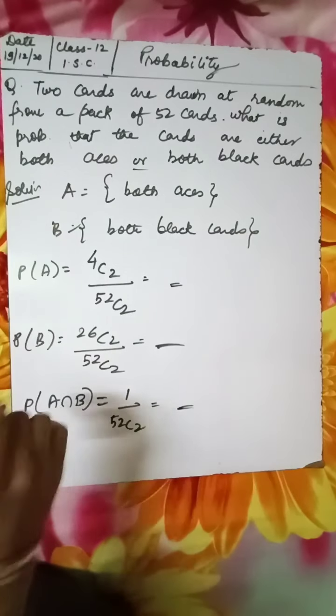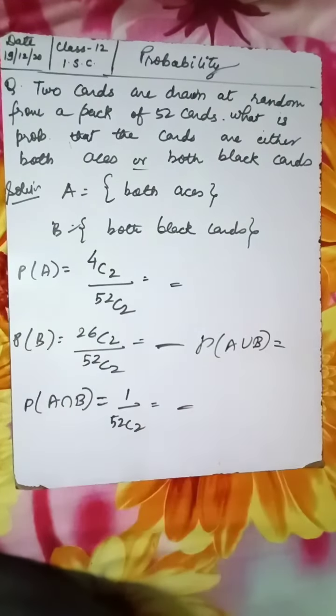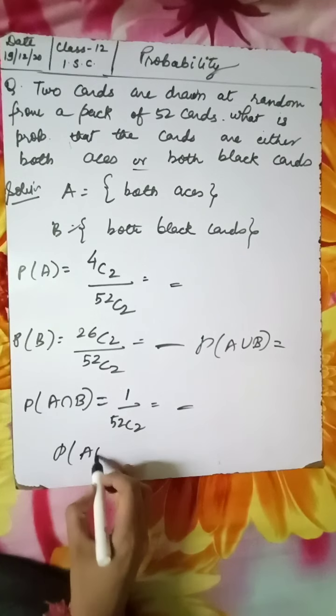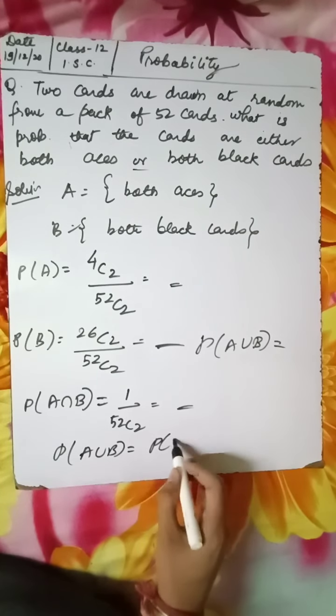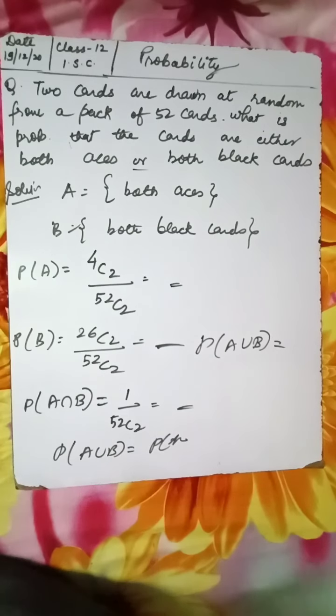Now what you have to do, your required probability is this. Now you can easily calculate. So that is what, only this probability of A union B formula, on the basis of this formula this exercise is concerned. I hope you can understand this.